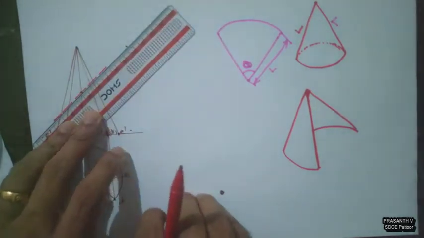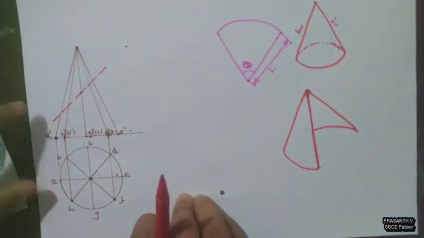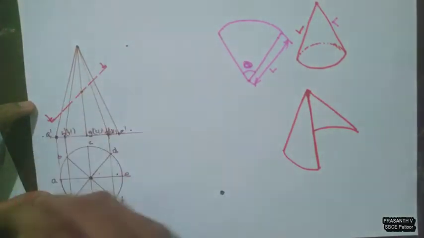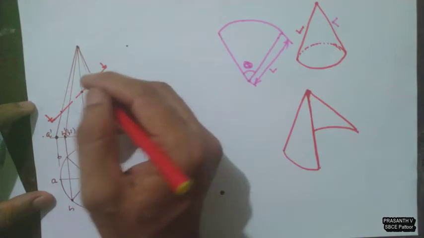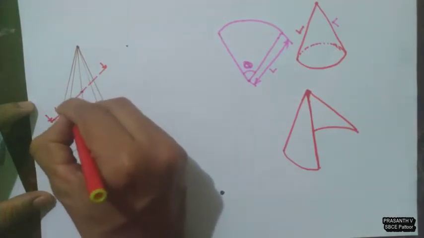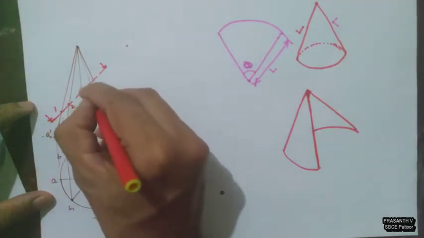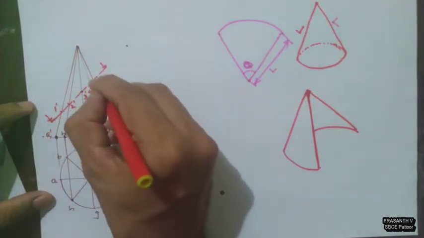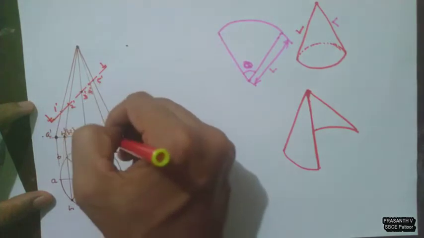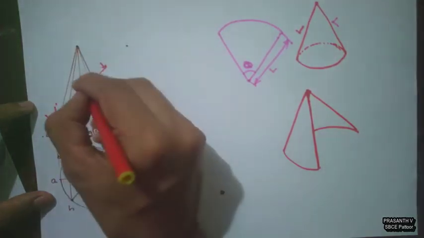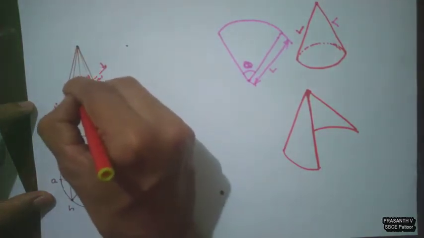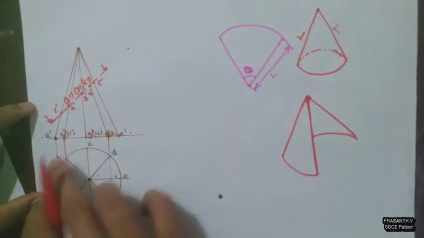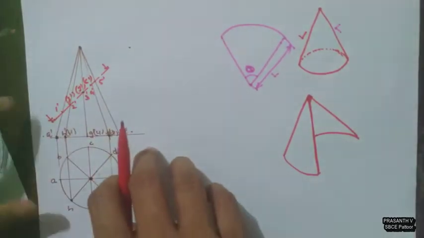So here is the section plane. Now we can give the cutting points. This is 1, 2, 3, 4, 5. You can put dash here. Now behind this F4 there is another line. So this is 6 dash, 7 dash, 8 dash. So the section plane cuts 8 generator lines, so we have 8 cutting points.